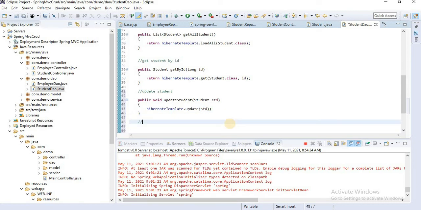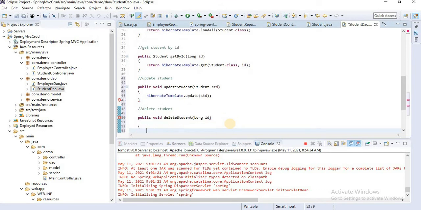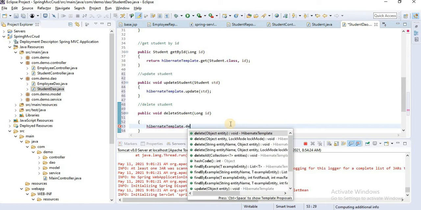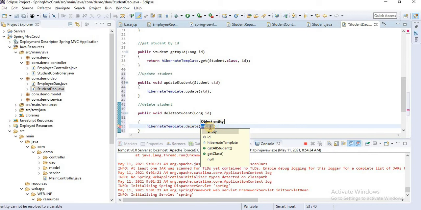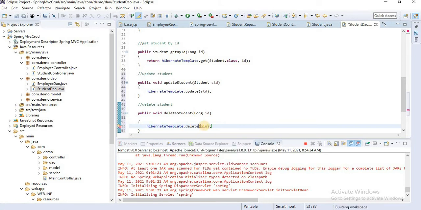Then the last one is delete student. Public void deleteStudent. Here we require an id, long id. hibernateTemplate.delete student. But we can see here delete requires an entity, but here we are getting only the id. So first fetch the record using Hibernate.